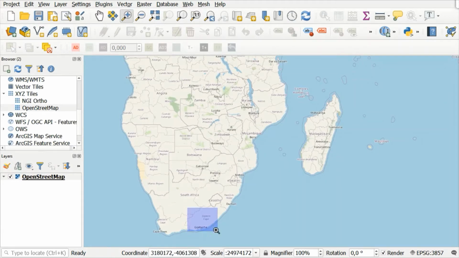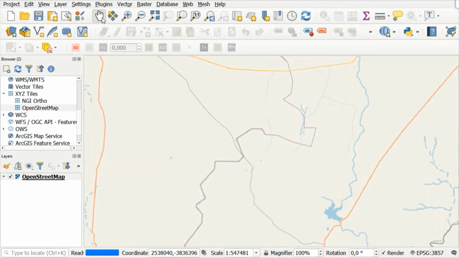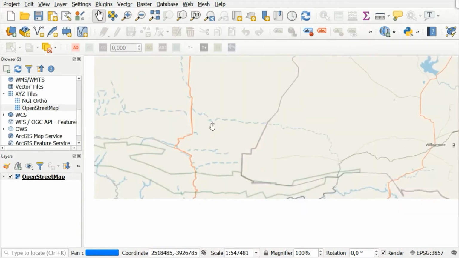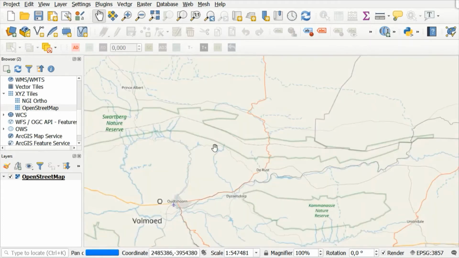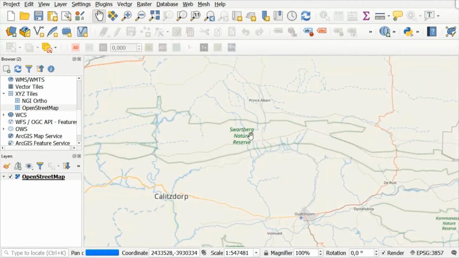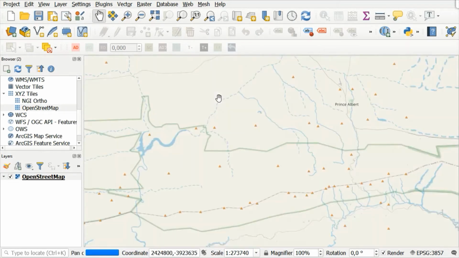It's any area really. Okay, now that I have zoomed into my area of interest,